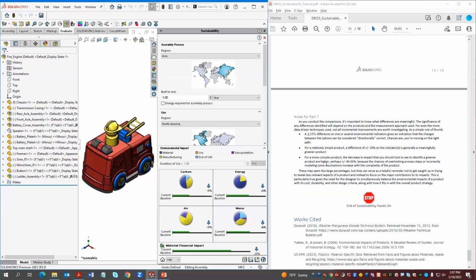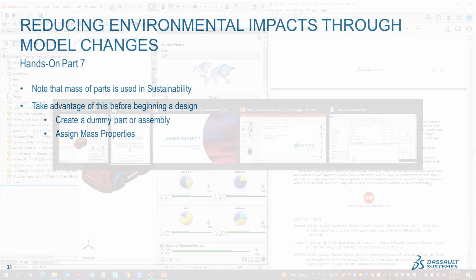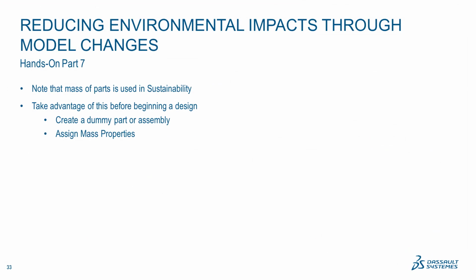And again, there's a few more notes listed here in the tutorial. One last thing to note is that what we've shown so far is SOLIDWORKS Sustainability analyzing parts that have already been created. One way to use SOLIDWORKS Sustainability to inform your design decisions before completing your design or even starting your design is to create a